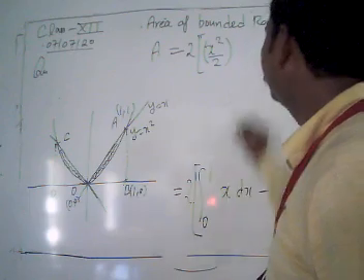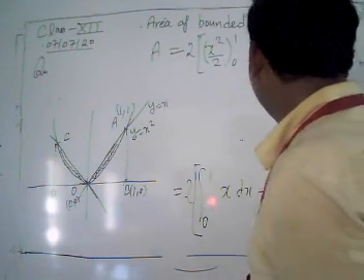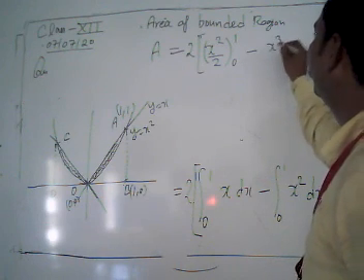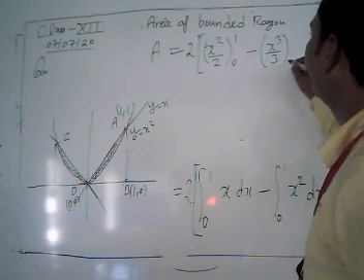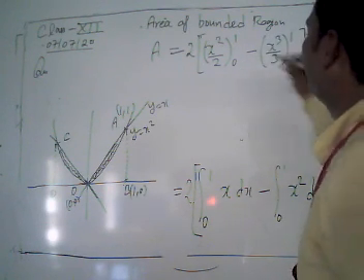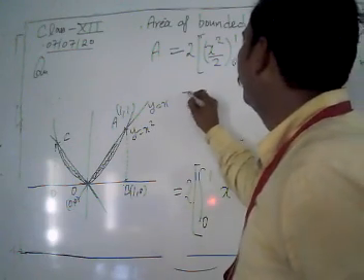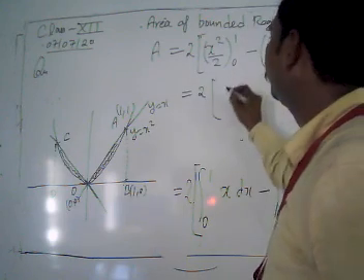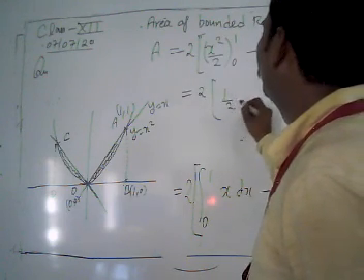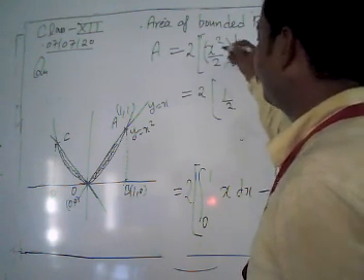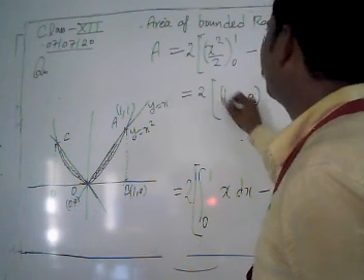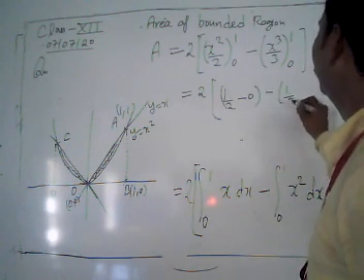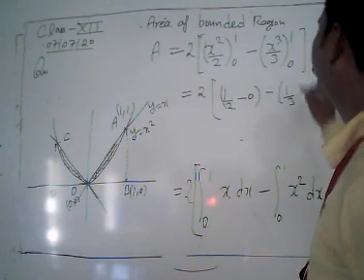Putting the limit 0 to 1. Integration of x square is what? x cubed by 3. Putting the limit here, 0 to 1. Now 2 times, I am going to put the limit here: x is 1 by 2. When we put 0, we get 0, so 1 by 2 minus 0. Then here we get again minus 1 by 3, and at 0 it's 0.